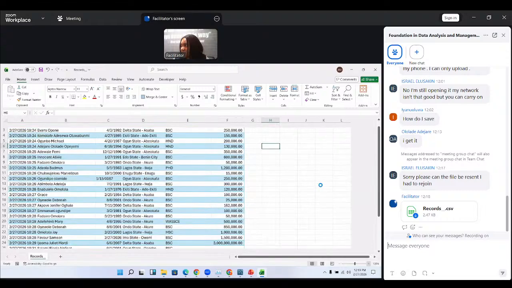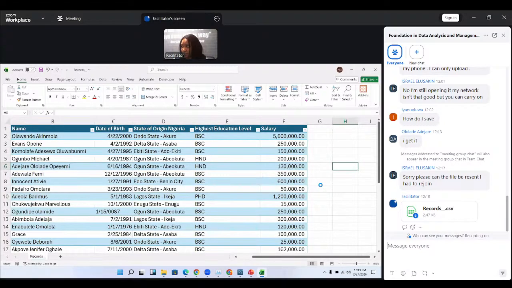Marvelous, can you see the screen better? Is it better? Can you guys see it? Very sorry. Is it bold now? So I want to know how much salary is. Like I said, sum is the function. I want to perform a sum function. I want to add it up. Remember,